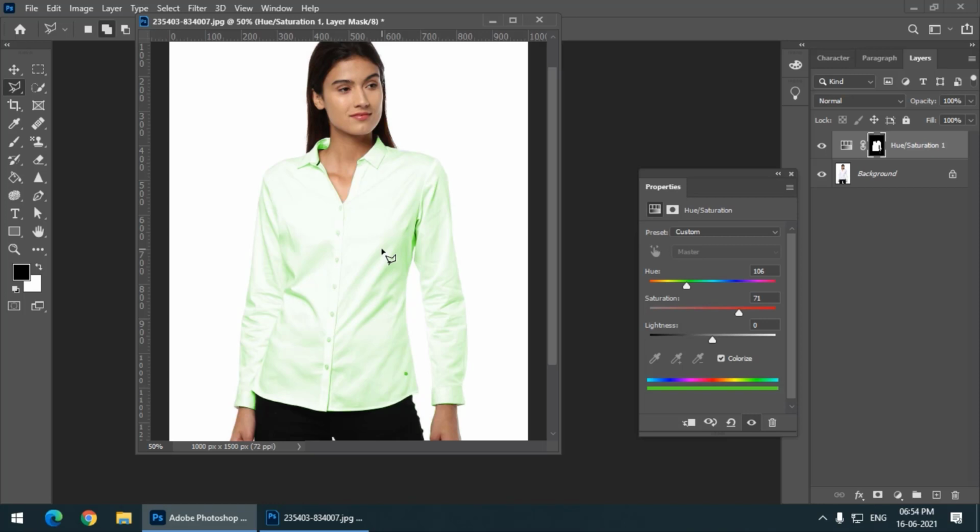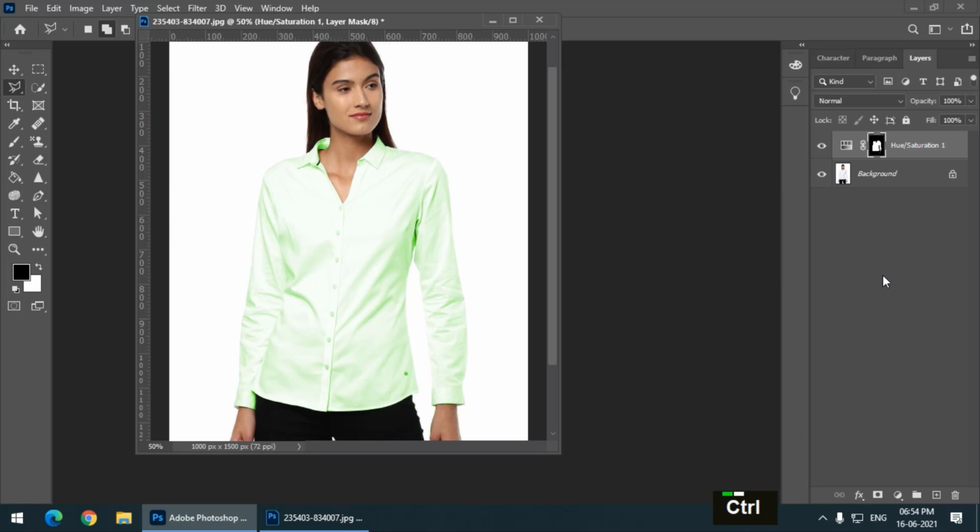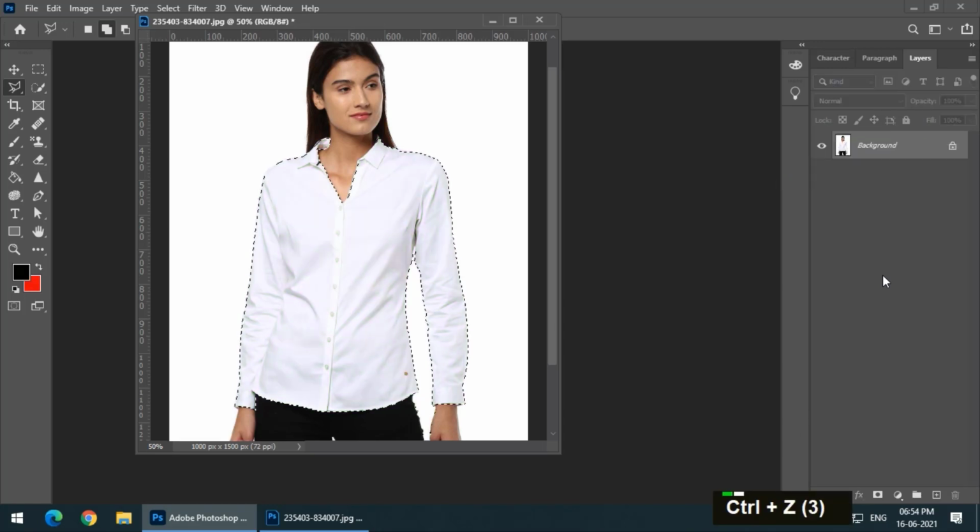It basically considers white as the absence of color. That's why it is very difficult, or maybe impossible, to apply color on a white object using the hue saturation option, as you can see. So what we have to do is, I will undo this. It's very simple actually, undo.